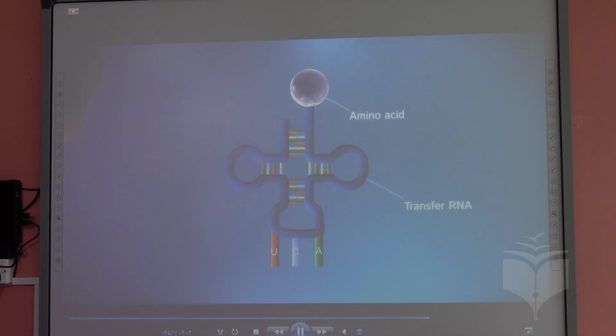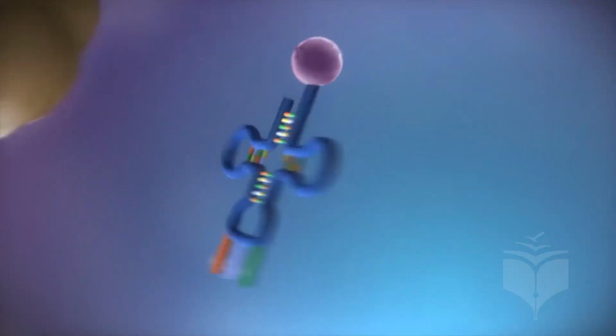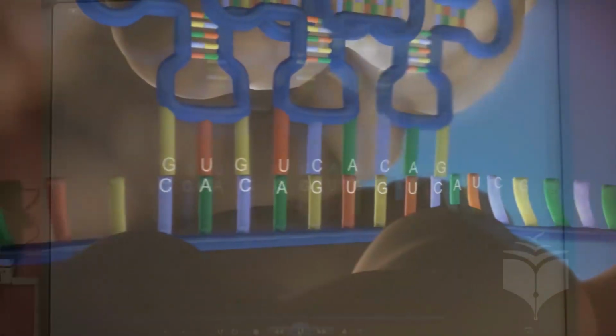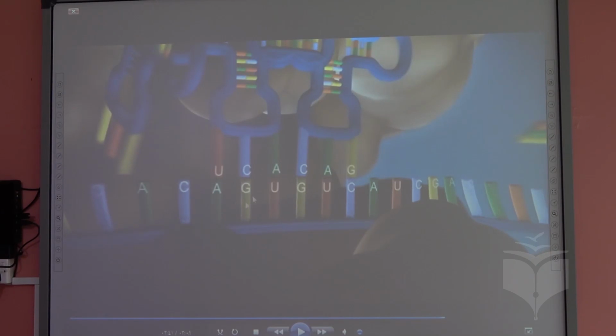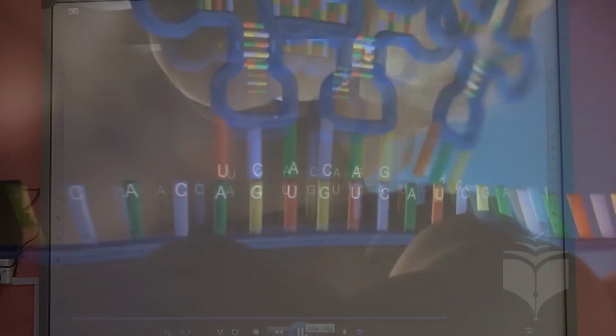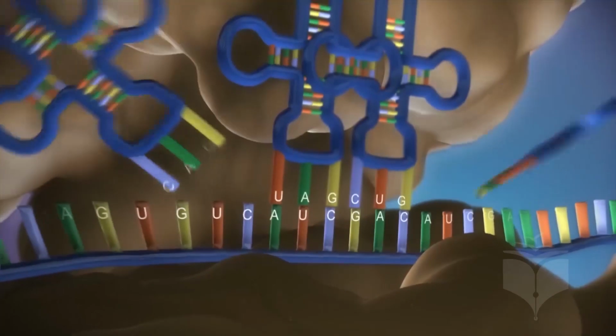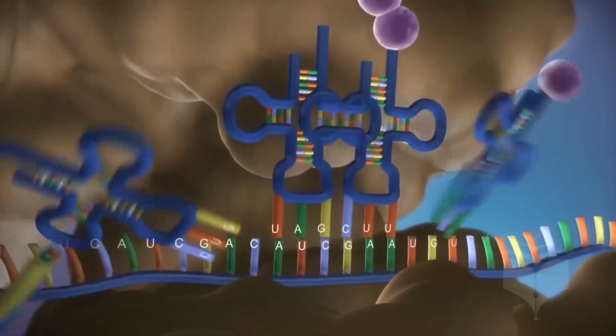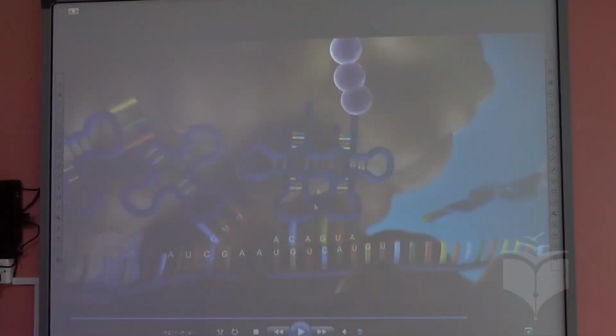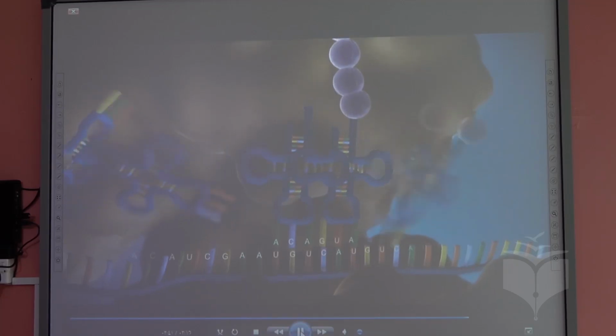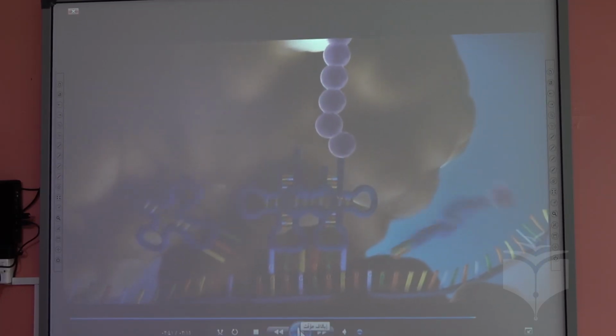We'll go and check. If we have here UCA, what do you think the code that it connects with? U with A, C with G, and A with T. It will go and connect with the code found in the RNA, like here, starting to connect the codes together. Now we are copying the codes found in the messenger RNA by tRNA. The tRNA is connected with an amino acid. The amino acids start to connect with each other